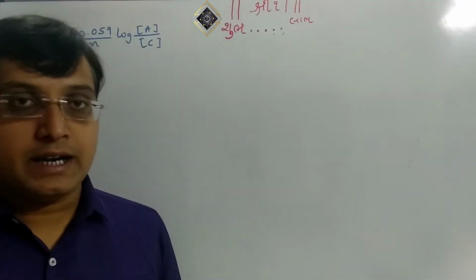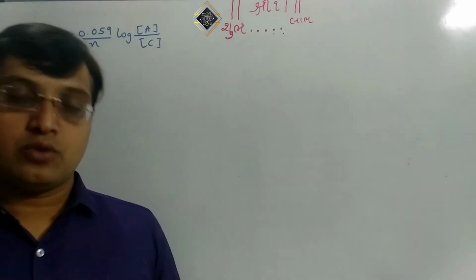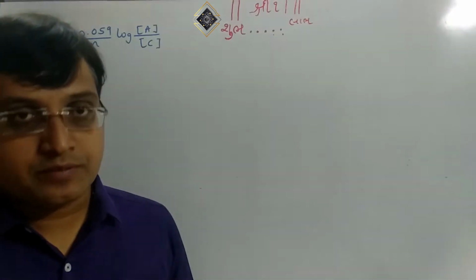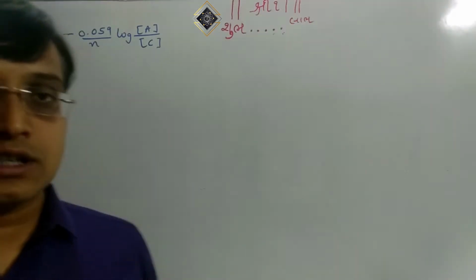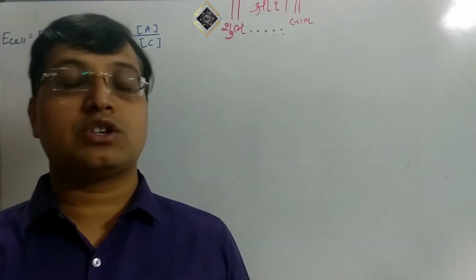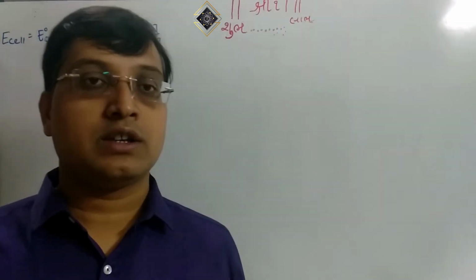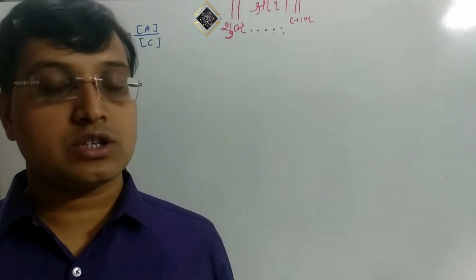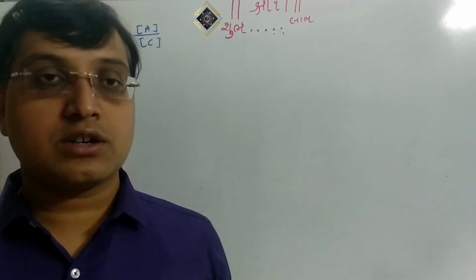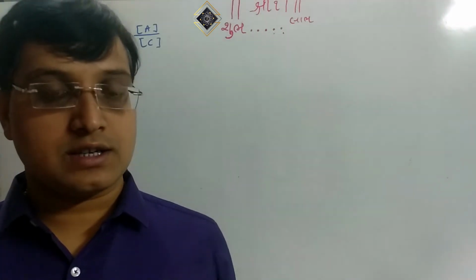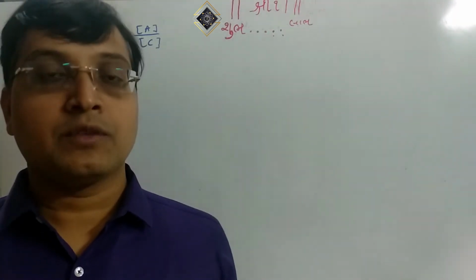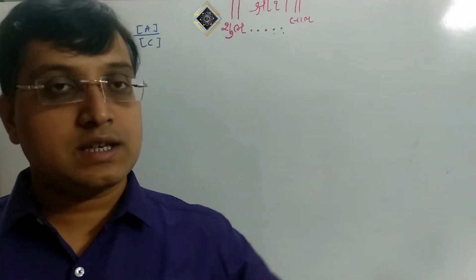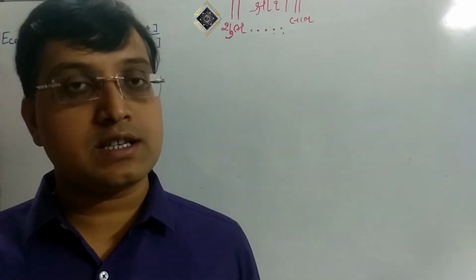Okay, how can we apply this formula for full cell? Then we are considering the galvanic cell here. In its construction, as we know, the concentration of the Zn plus 2 ion, that is ZnSO4, is 1 molar, and Cu plus 2 ion, that is CuSO4, is 1 molar. Here we are constructing the galvanic cell, which is a non-standard cell. So instead of 1 molar concentration, we are accepting for ZnSO4 is C1 and for CuSO4 is C2.